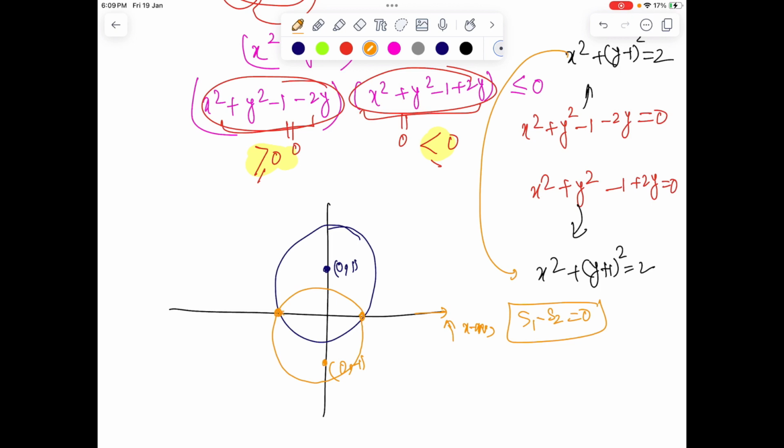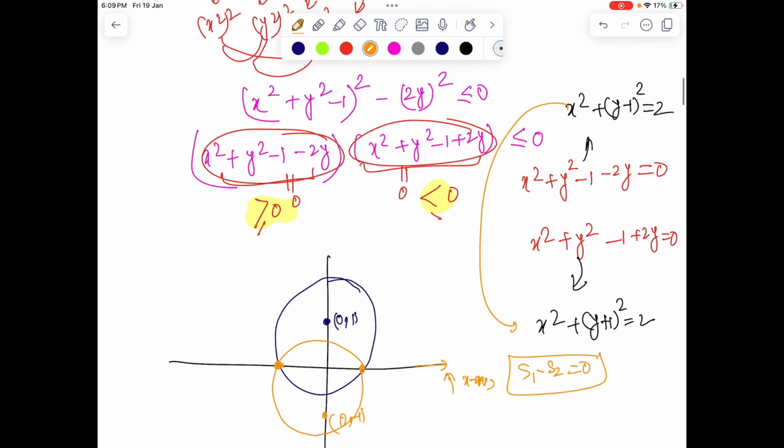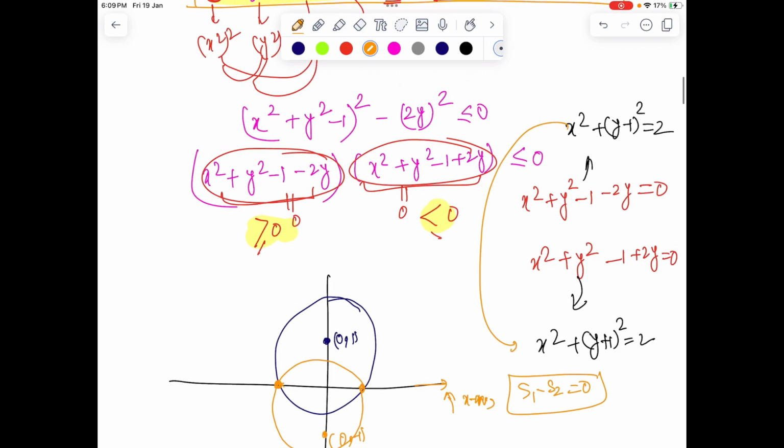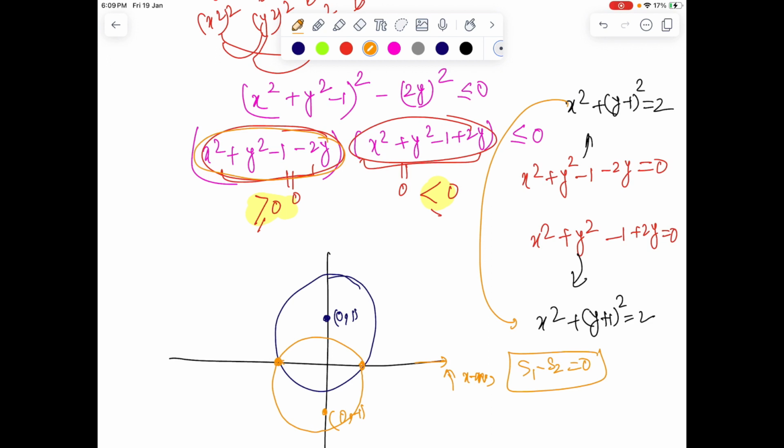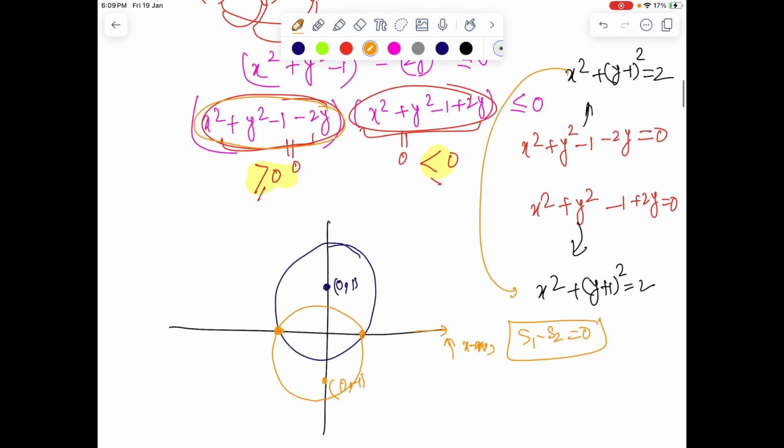Moreover, from symmetricity you can see the limit at these 2 points. Now what exactly is the graph? Any point inside the circle. So maybe the first expression is positive and the second expression is negative. What does it mean? First expression positive means you are outside the first circle, and